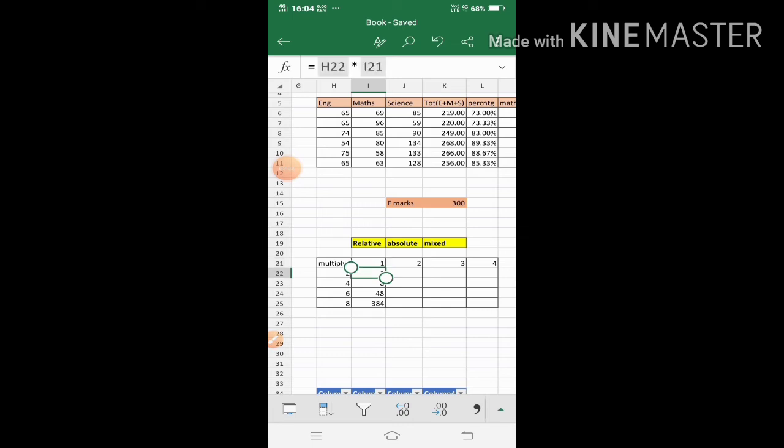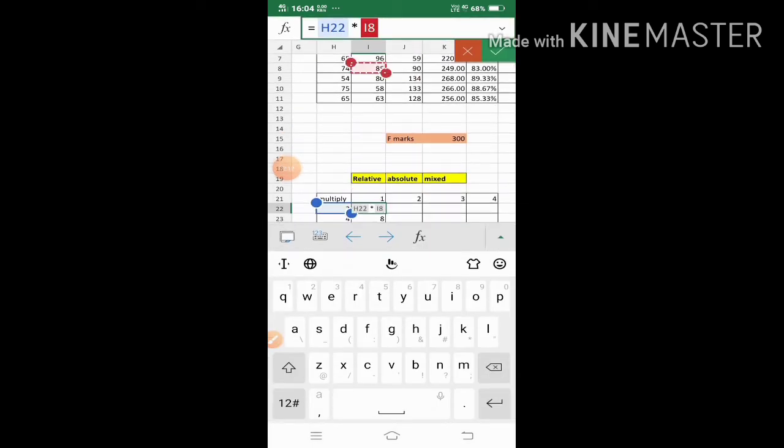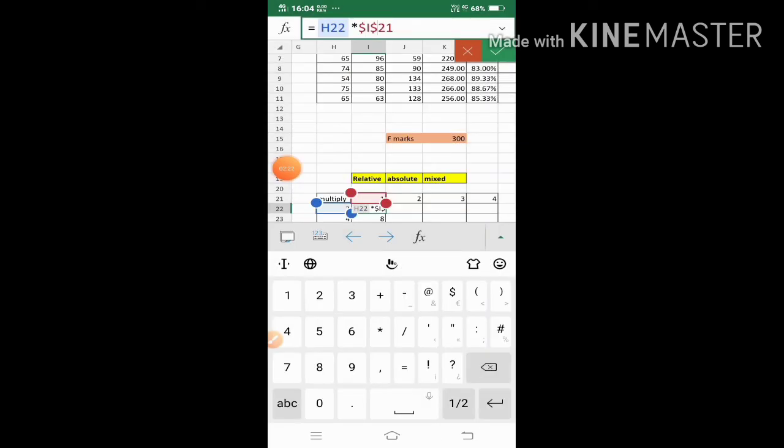So here I am giving this one as $I, then $21, meaning the column is I and the row number is 21.